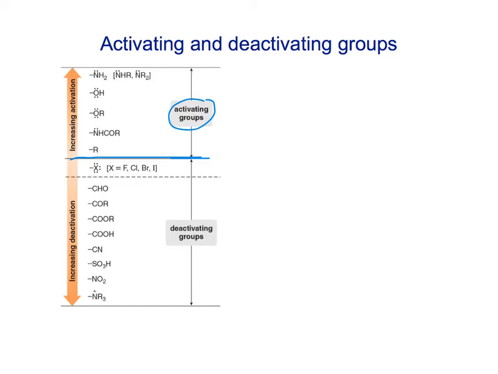All of them, except for the alkyl groups, have some functional group that has a non-bonding pair of electrons on it. Whether it's an amine, or an OH, or an ether, or an amide, or it could be an ester. They didn't put that one in there. It could be